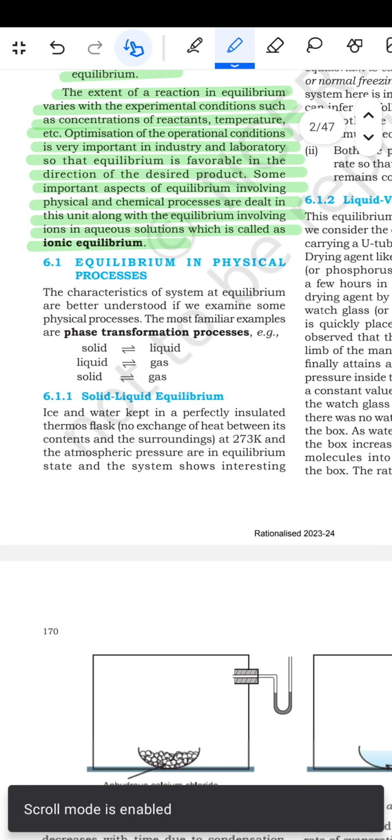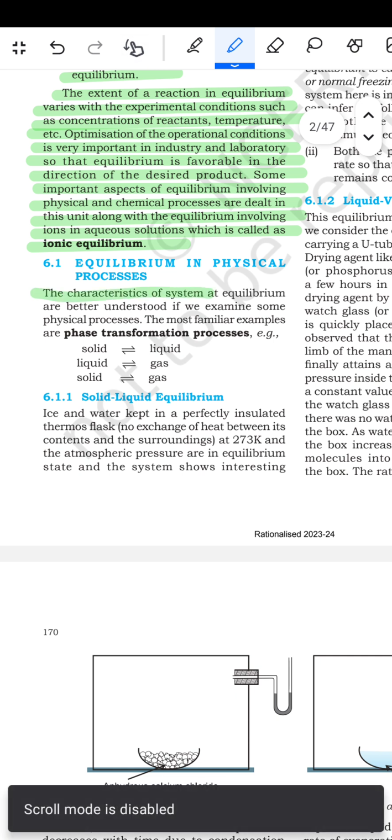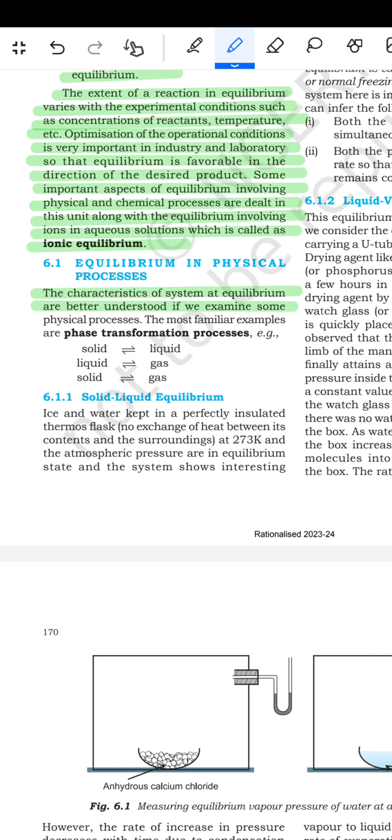अब देख रहे हैं इक्विलिब्रियम इन द फिजिकल प्रोसेसेस, तो बोल रहा है द कैरेक्टरिस्टिक्स ऑफ द सिस्टम एट इक्विलिब्रियम आर बेटर अंडरस्टूड इफ वी एग्जामिन सम फिजिकल प्रोसेसेज। द मोस्ट फैमिलियर एग्जाम्पल्स आर द फेज ट्रांसफॉर्मेशन प्रोसेसेज। एग्जाम्पल सॉलिड से लिक्विड में जा रहे हैं, लिक्विड से गैस में जा रहे हैं और सॉलिड से गैस में जा रहे हैं, वो हो जाएगा।